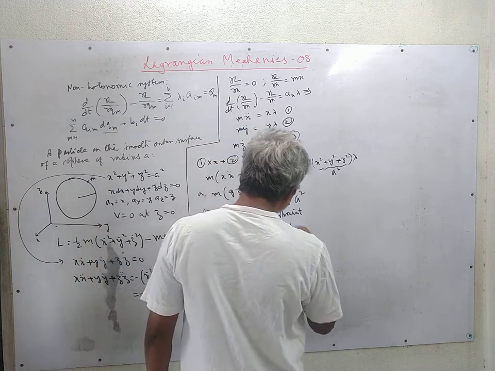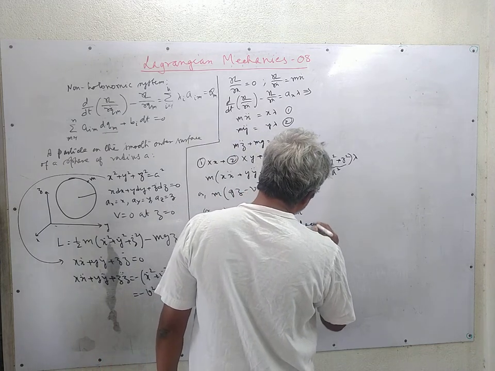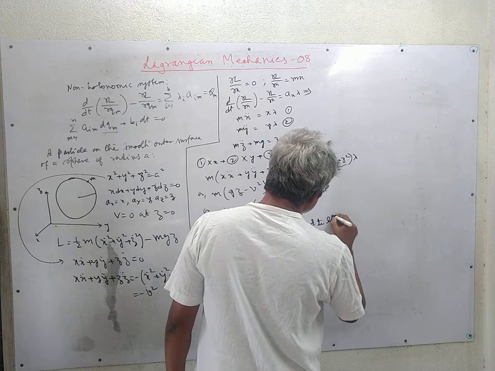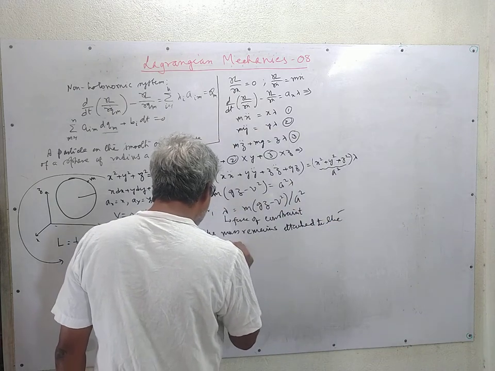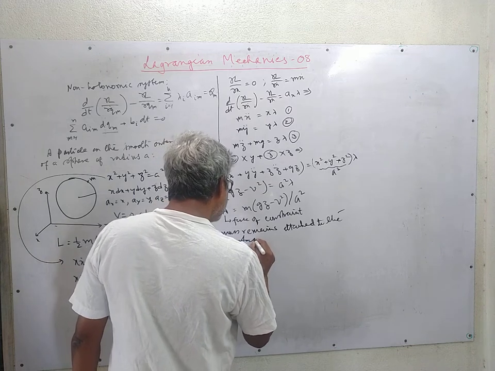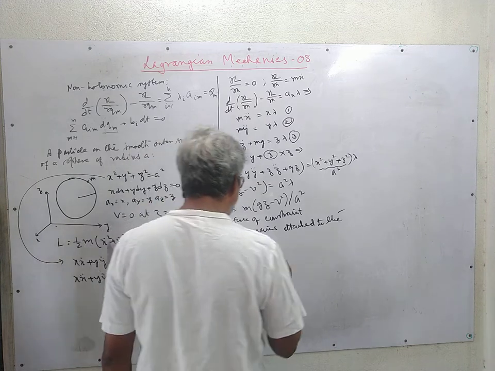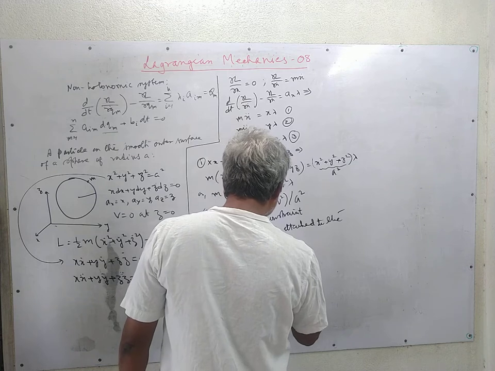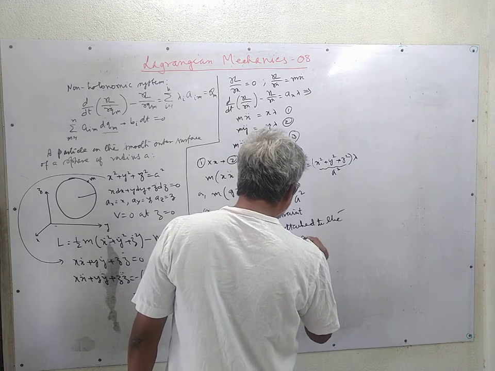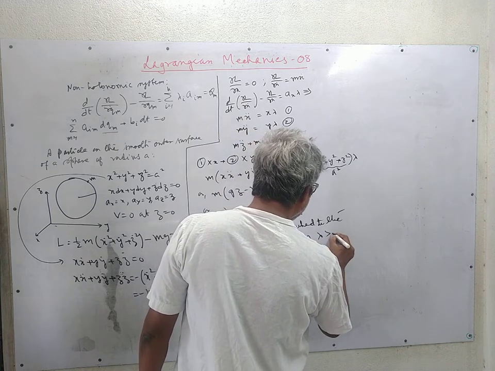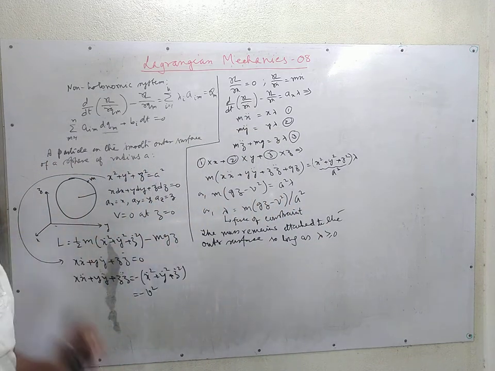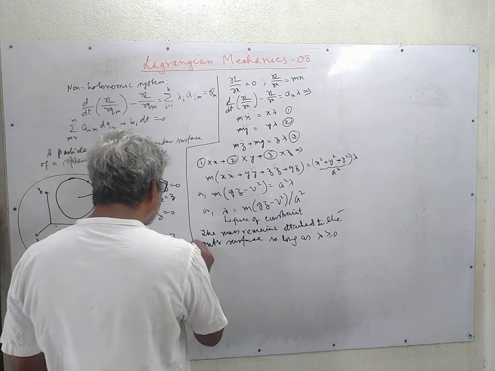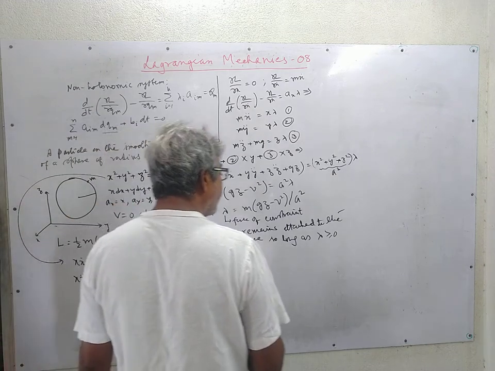We assume the surface to be frictionless, so long as lambda is greater than or equal to 0. When lambda is 0, it just starts slipping. So the condition of adherence